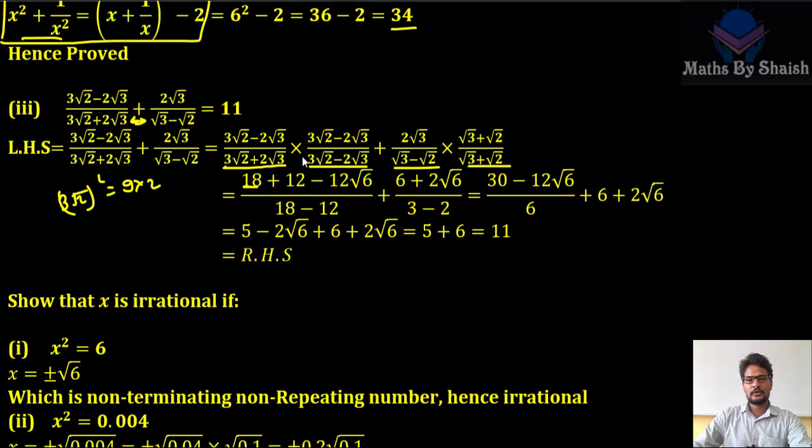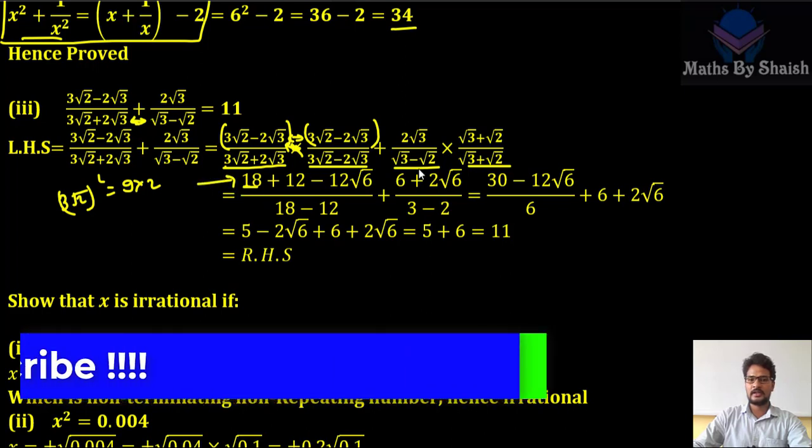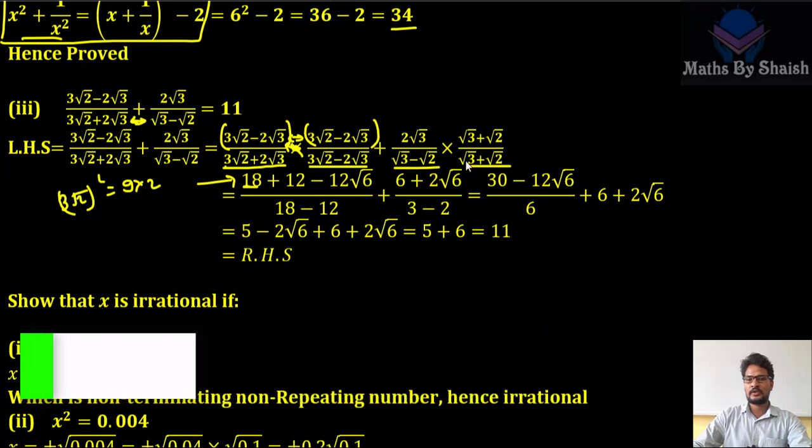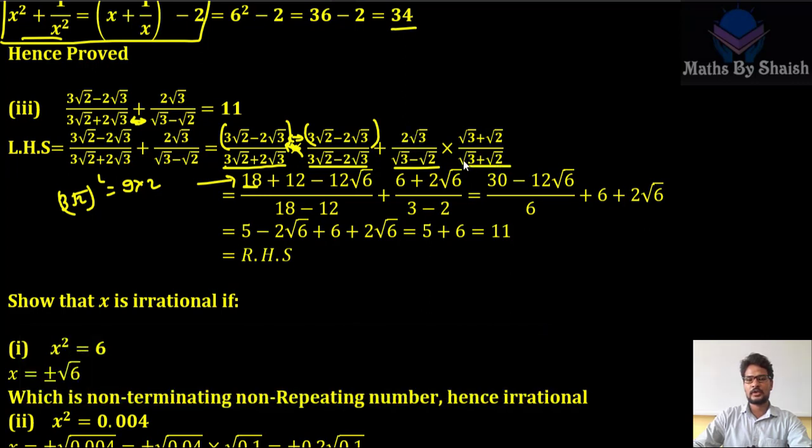And then what we are going to do, when we multiply these two, we get 3 root 2 plus 2 root 3, 3 root 2 plus 2 root 3, and then it is a plus b whole square. We use this identity here, and when we cross multiply here, we will get 3 root 2 into 3 root 2, that is 18, and 3 root 2 into 2 root 3, root 2 into root 3 is root 6, so 2 into root 6 here, and 12 in the denominator. And once the denominator is 6 here and it is 1, then